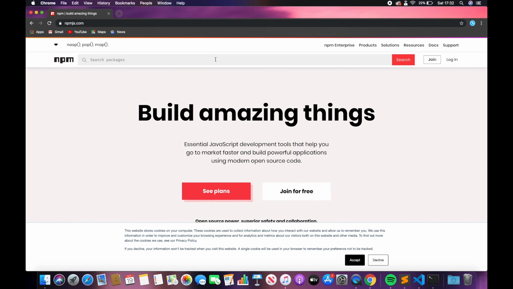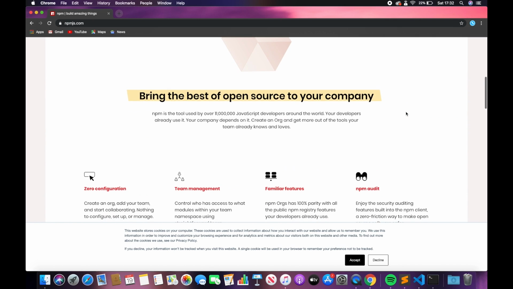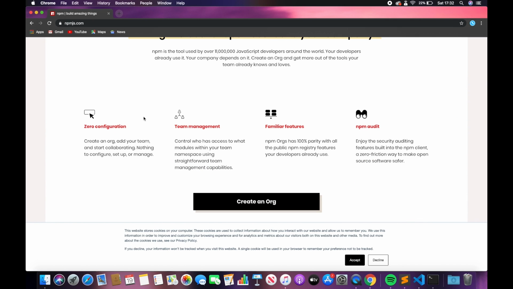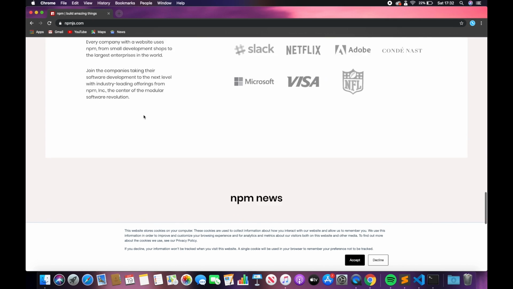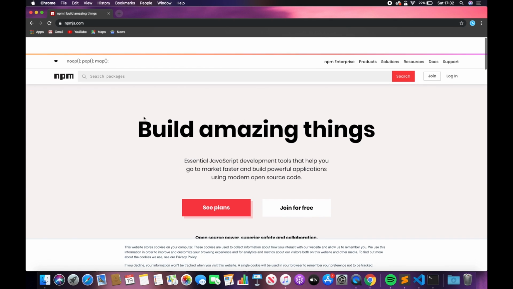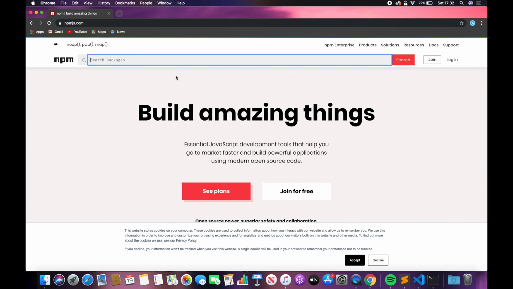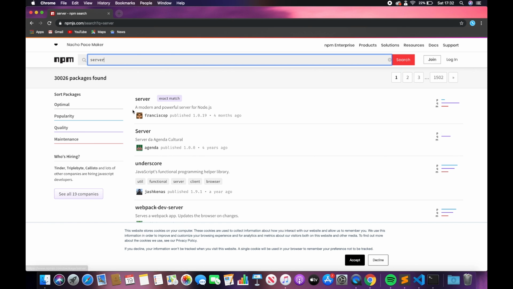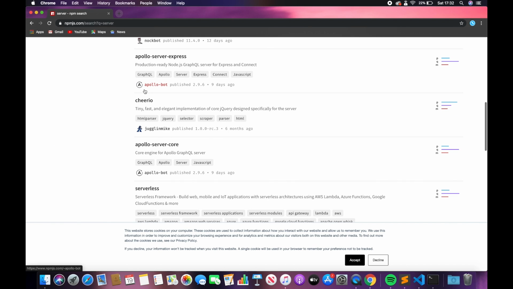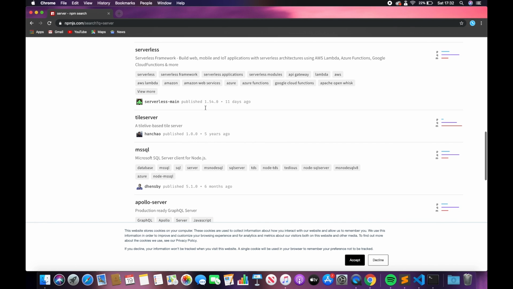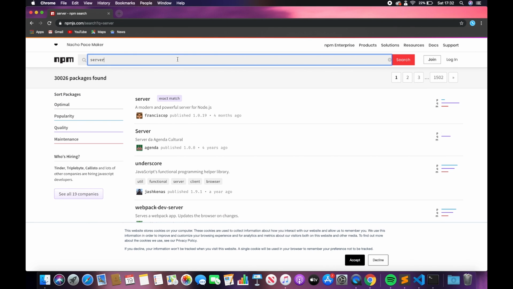Enter. So, like the headline says, build amazing things. You can do a lot with it. Literally, there's a lot of things you can do. So let's just look for some packages. Let's look up server packages. You can clearly see there's webpack server, socket.io, and a full directory of